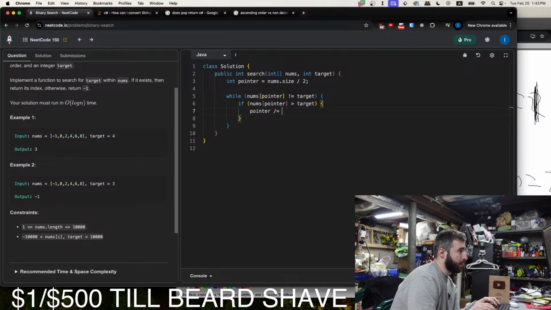Pointer divided by equals 2. Else, if nums pointer is less than target, we want to multiply.